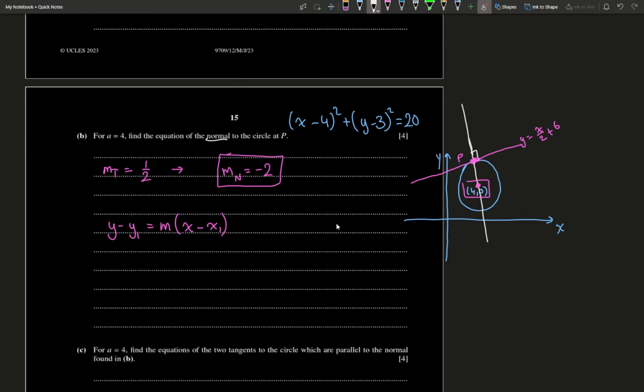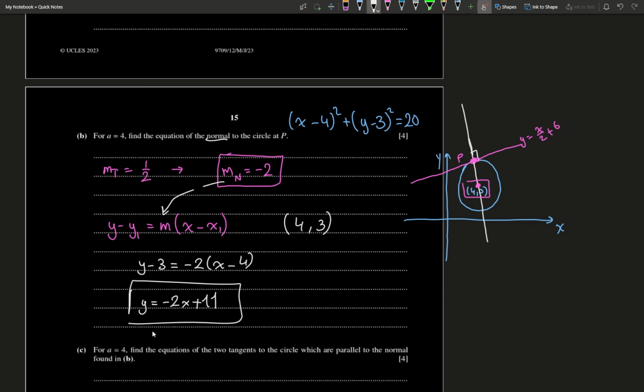Now we know the center coordinates are 4, 3. I just substitute these and substitute your gradient. You write here y minus 3 is equal to negative 2 times (x minus 4). Let's tidy this up. You will find negative x plus 8 plus 3, which is 11, and this is our equation of the